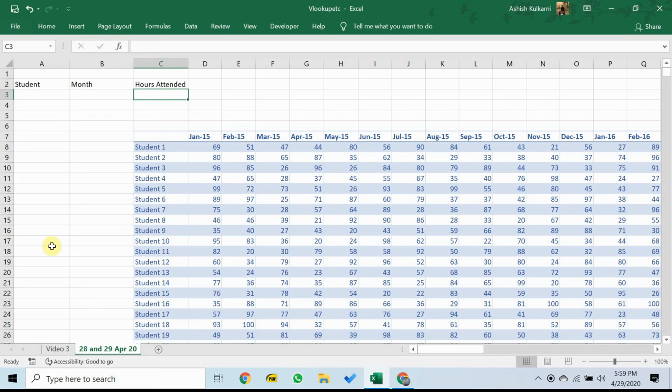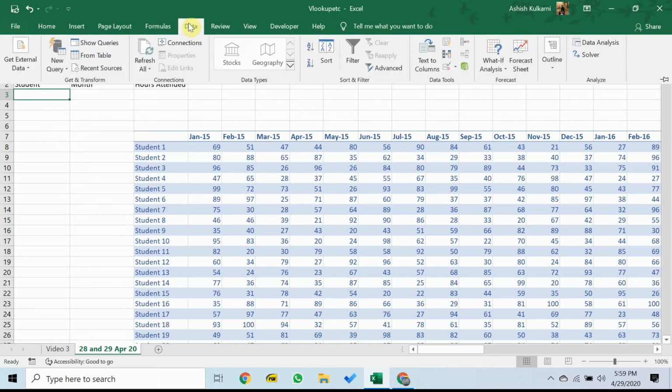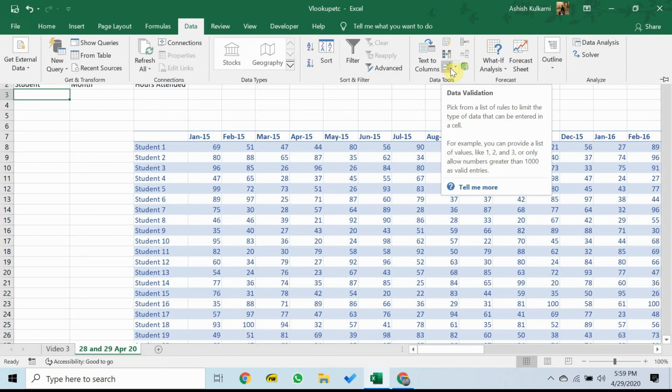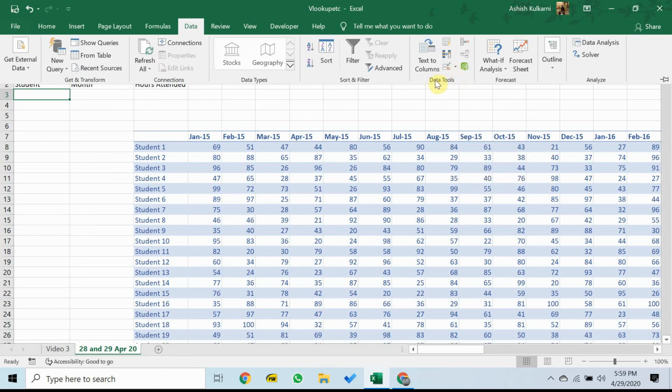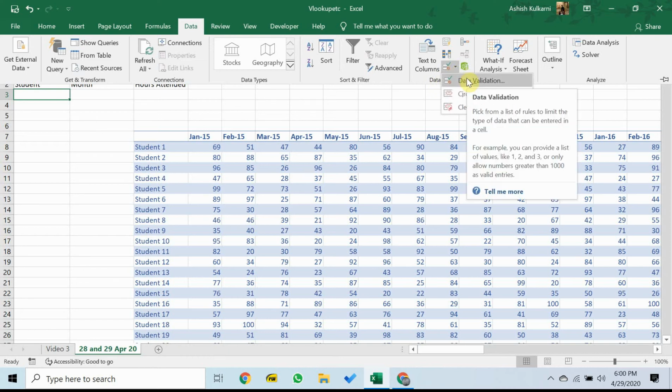Beginning with data validation. Now what is data validation? What I want to do is create a drop down box over here. Students' names, student 1, student 2, student 3 should appear over here in a drop down box, and I should be able to choose a student from the drop down box rather than have to type it out manually over here. How do we do that? We click on data. Within data, we go to data validation, which is this little icon over here. It appears under data tools. The layout might be slightly different in your case, but just look up data validation, and click on it.